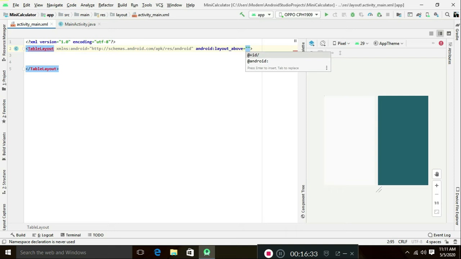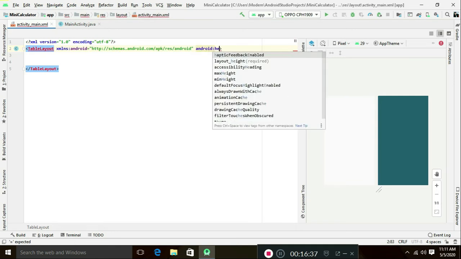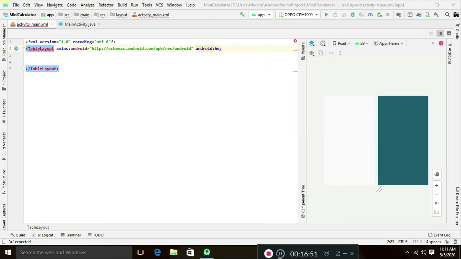Android height suggests you import it. Fix the height for your table layout. Enter match parent. Then implement the width.